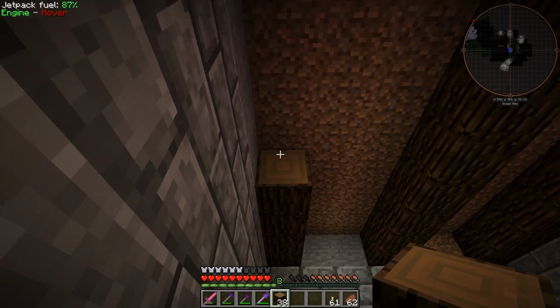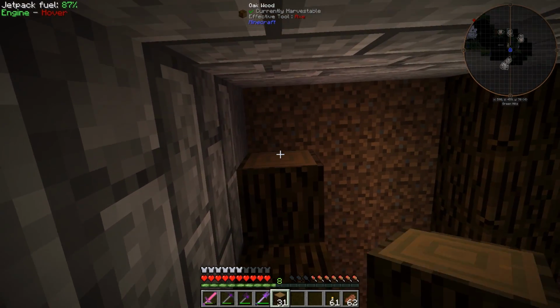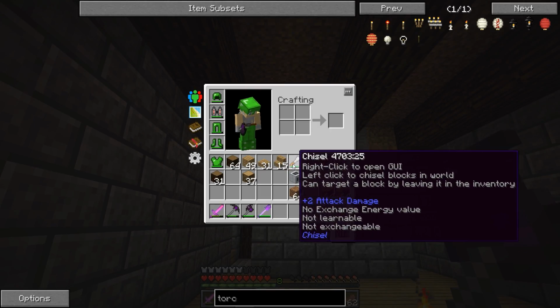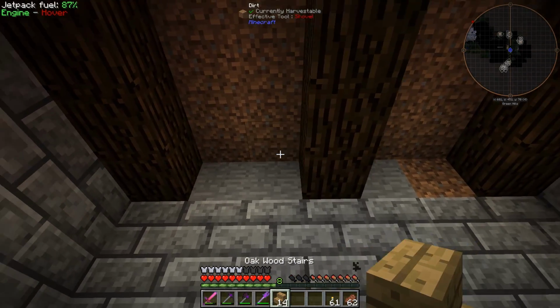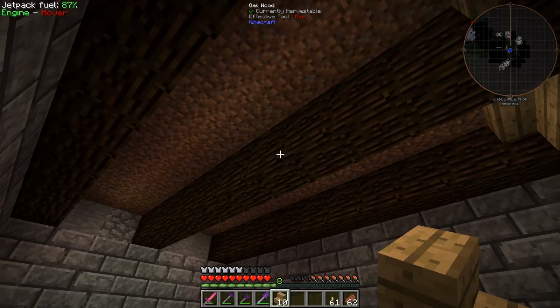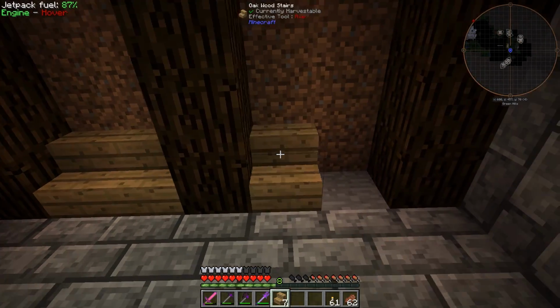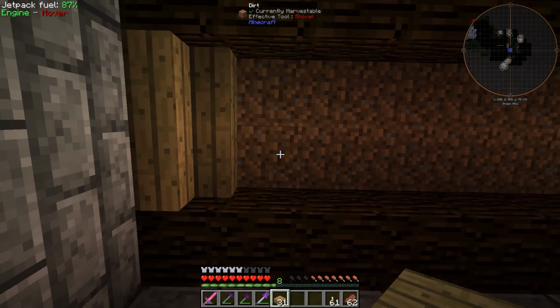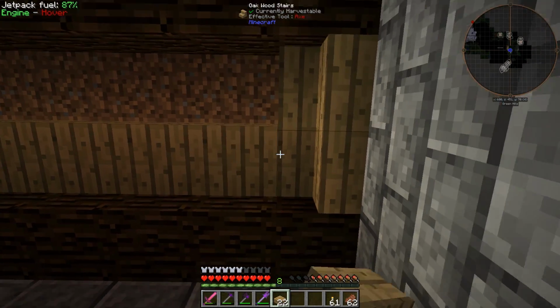And right here as well. Now, the purpose of this is kind of twofold. Partly, I want to cover up the ugly dirt and stuff in the ceiling, because we don't want to see that, obviously. It's ugly stuff. But it's also going to give us kind of a thing that we can use to essentially...